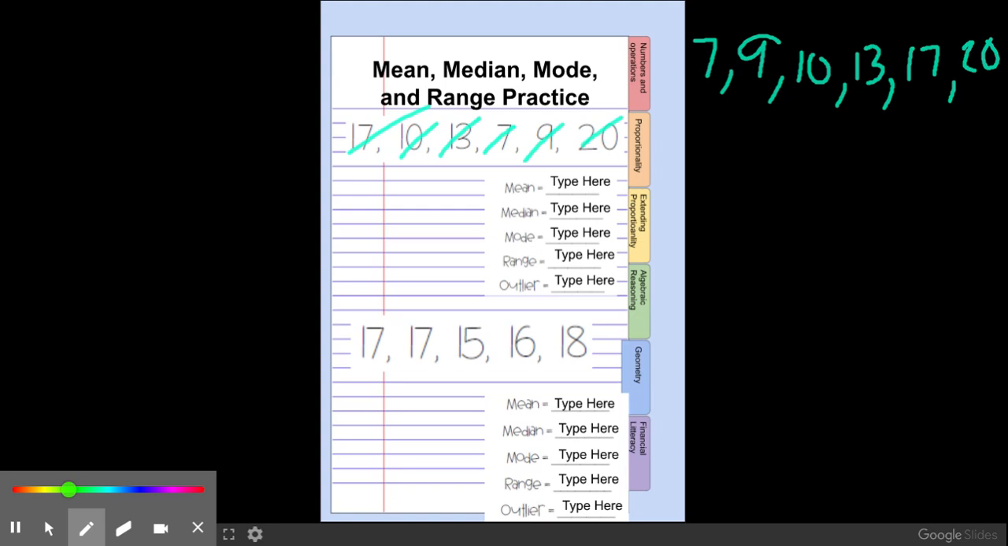Do not use a calculator when you are adding. Okay, do not. So 7 plus 9 is 16. 16 plus 10 is 26. 26 plus 13 is 39. 39 plus 17 is 56. Plus 20 is 76. So we're going to take 76 and we're going to divide it by 1, 2, 3, 4, 5, 6